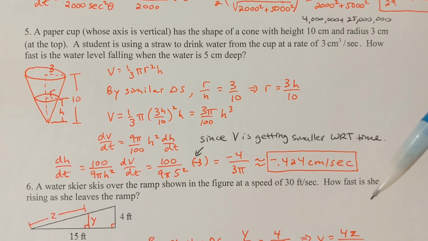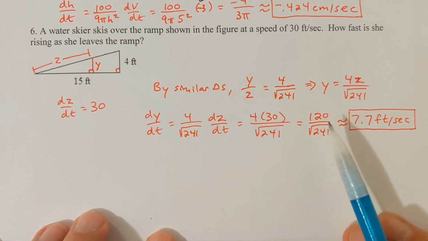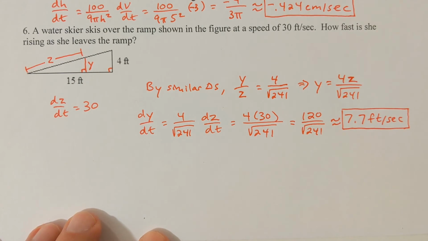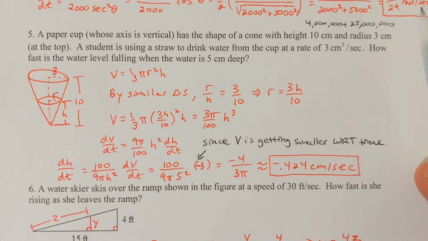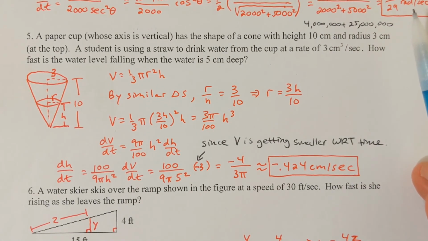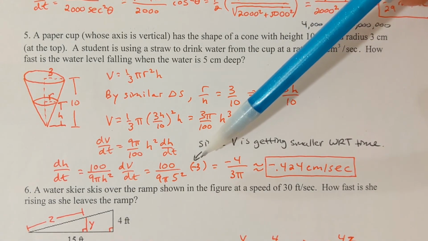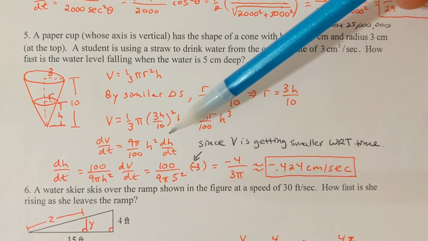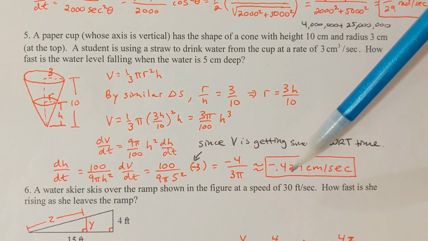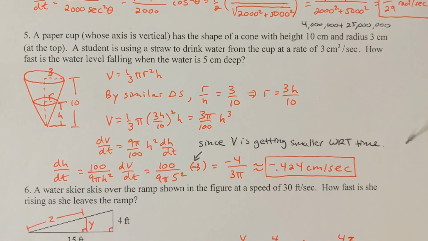Let's maybe take a look at another one here. So problem 6 says that, well, I guess maybe before we do problem 6, something just came to mind here. One of the things that you'll maybe see in the book is if a student did write 3 for dV/dt, that would actually be fine if they were to give their answer using a worded statement. They would have to say that